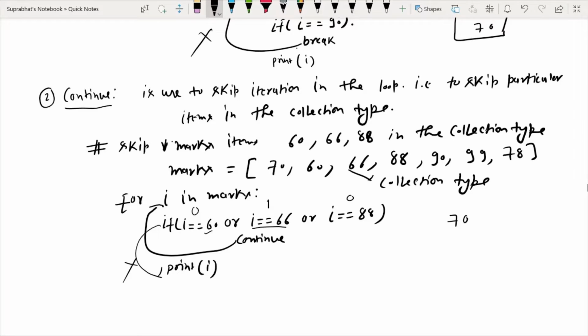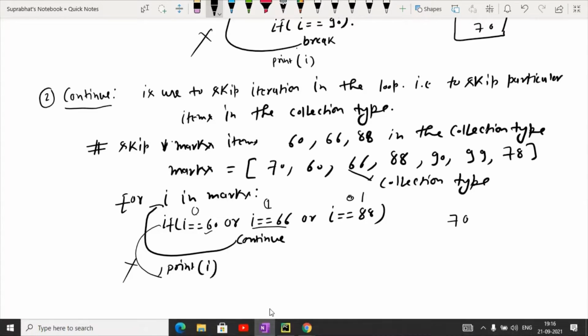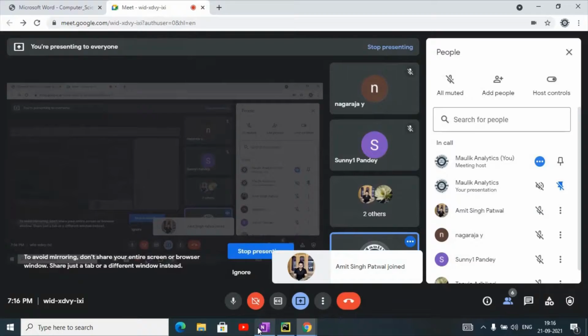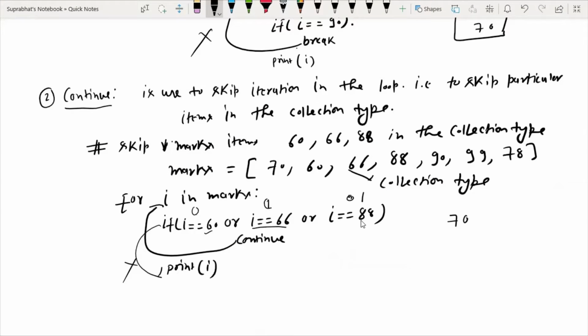Again 88 will come into i. This is 0, this is 0, but this condition is 1. So now the condition is 1, so it will work and skip the value 88 from the loop, so 88 will also not be displayed. Now 90 comes into i; no condition is satisfied, so continue will not work and it will simply print, so 90 is printed.